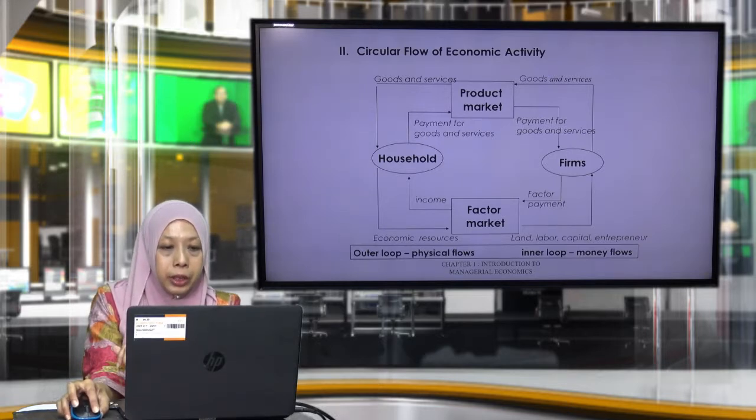Okay, so if you look at the circular flow again, the inner loop actually refers to the money flows, and the outer loop actually refers to the physical flows. So as you can see here, firms play two roles here. Okay, so they are the one who